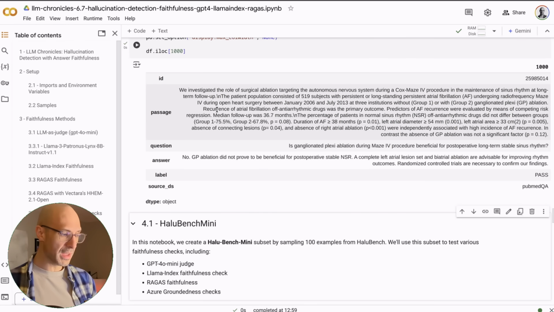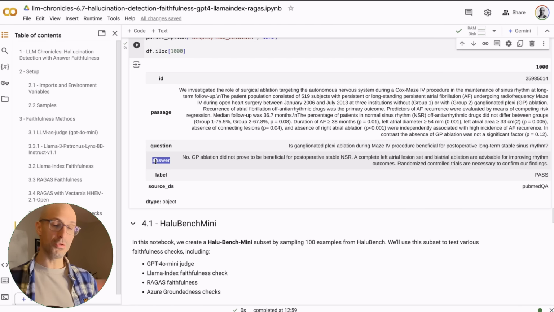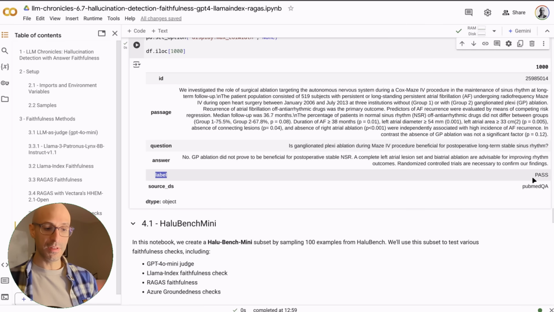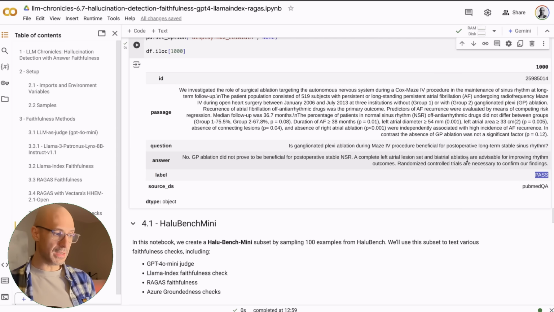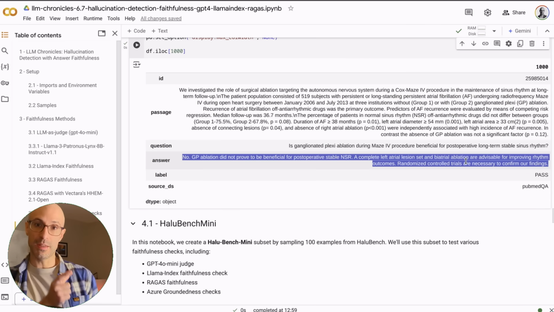It's actually pretty easy. There is obviously a question, a passage, which is the context that the LLM was given to answer the question, and then there is the answer of the LLM, so the usual triad that we've been seeing so far. And then most crucially, you have a label. If this is set to pass, it means that the manual annotator determined that this is not a hallucination, and if it's failed, it means that this is a hallucination. So obviously we need the label when we are evaluating our controls,